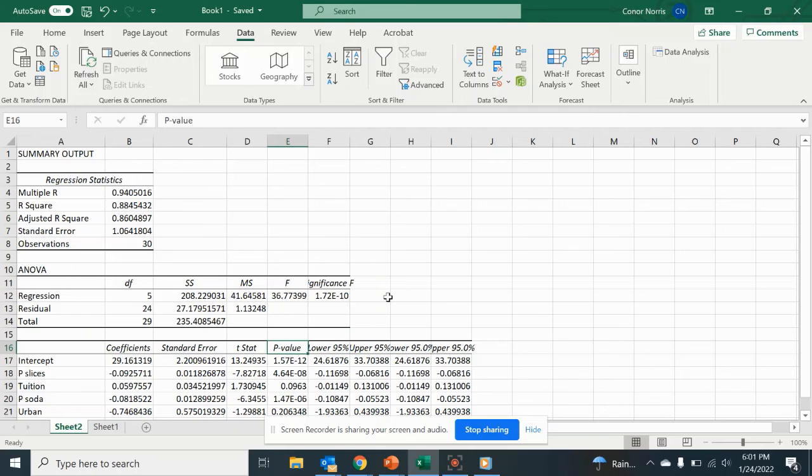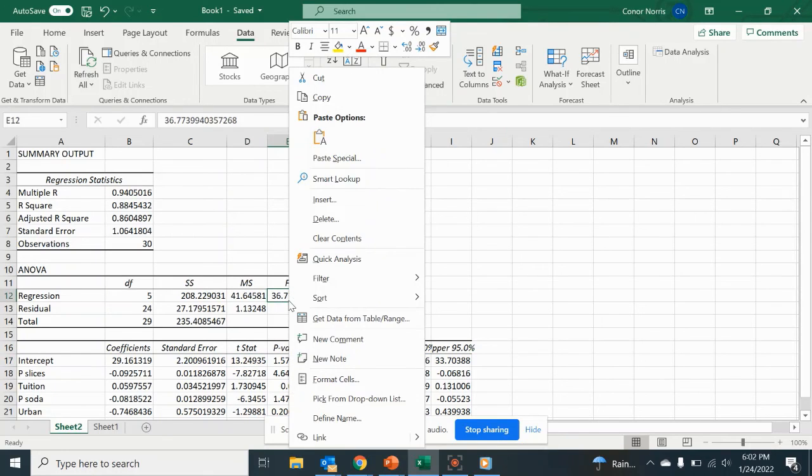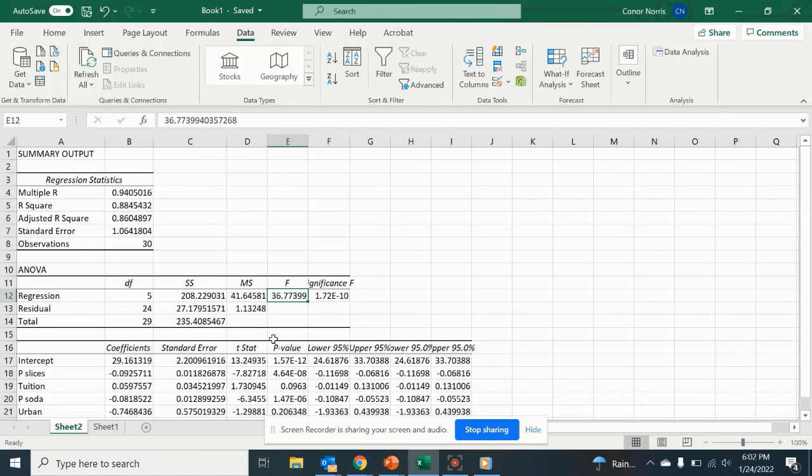Now, you don't have to worry about calculating these. There is some stuff in your text about how to do that by hand. Well, maybe that's just in the appendix on the actual chapter. But because it spits out the number for us, we don't have to worry about it. So we want the test to be at the 95% level as well, just like we wanted for each of the individual variables. Here, that means below 0.05. The smaller, the better. So here's our F-stat, which is basically like our T-stat. So that's going to be like a whole number. And we want it to be, I believe, greater than